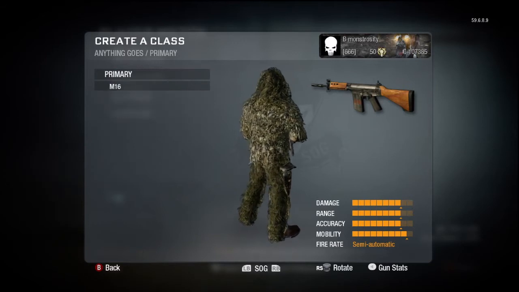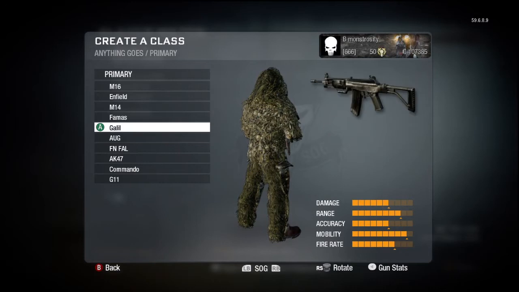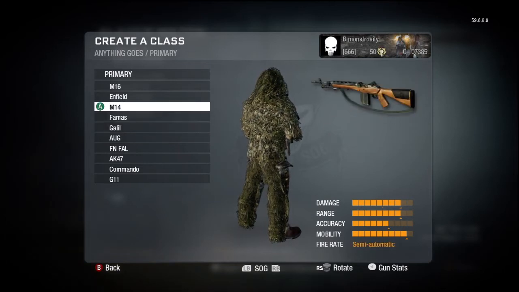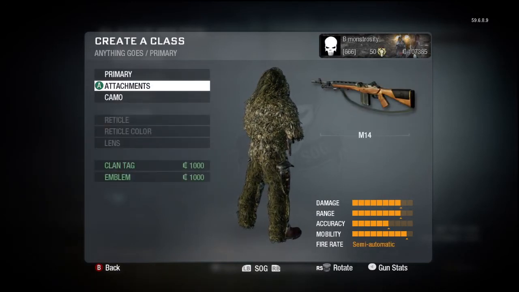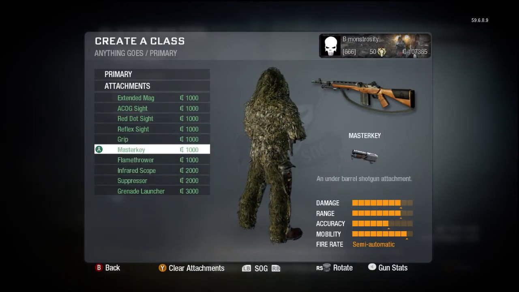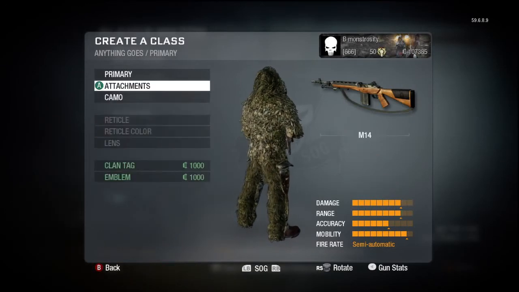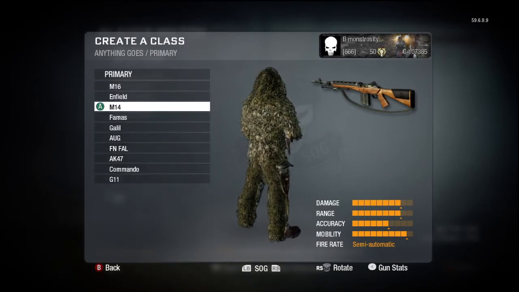Okay, so let's see. The M14, same thing. The iron sights on the M14 are manageable, just like the FAL. So either the silencer or the ACOG sight. Okay, let's move along here. Now the next